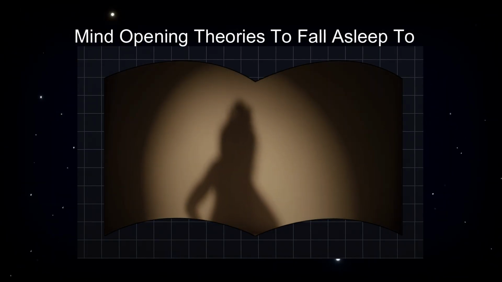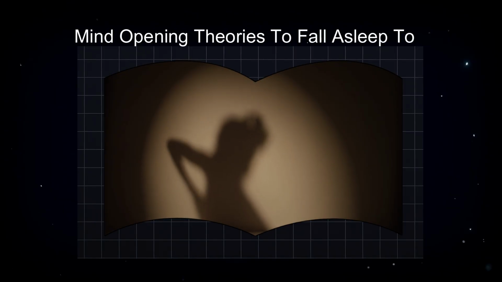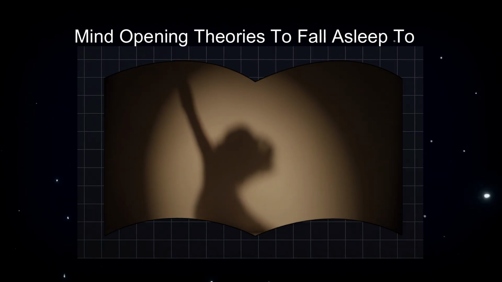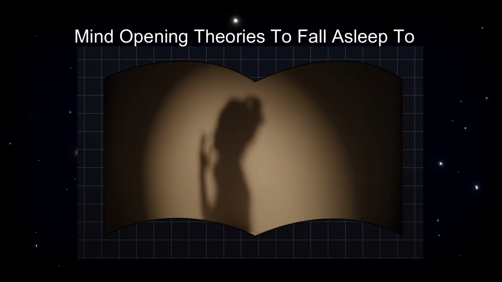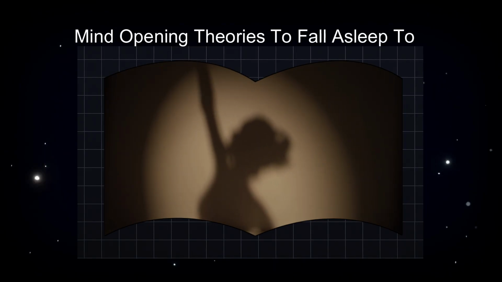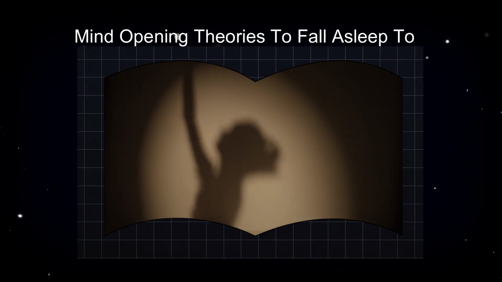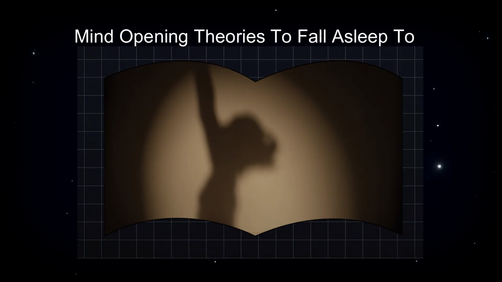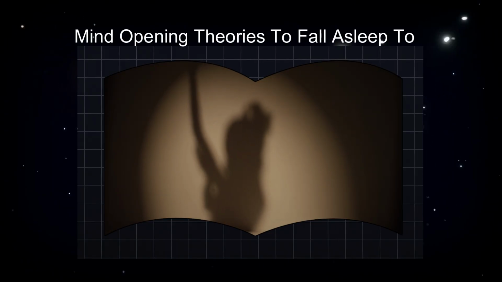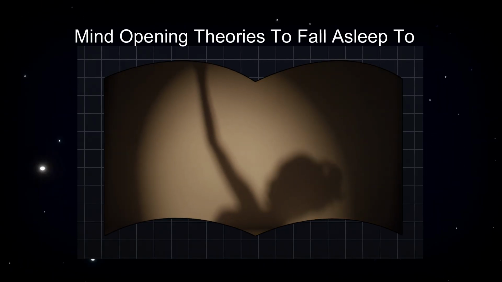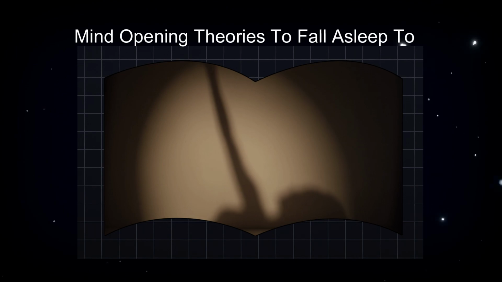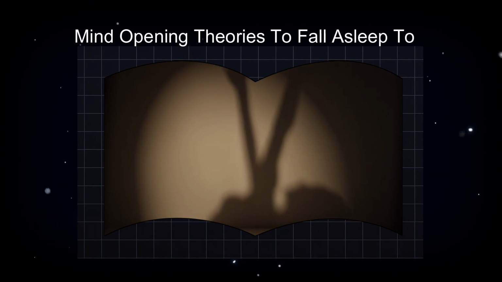But Sheldrake argues something's missing. There are patterns in nature, he says, that can't be fully explained by genetics alone. His answer? Morphic fields. These are invisible, non-physical fields that guide the formation and behavior of living systems. Not like magnetic or gravitational fields, but more like patterns that influence form and memory.